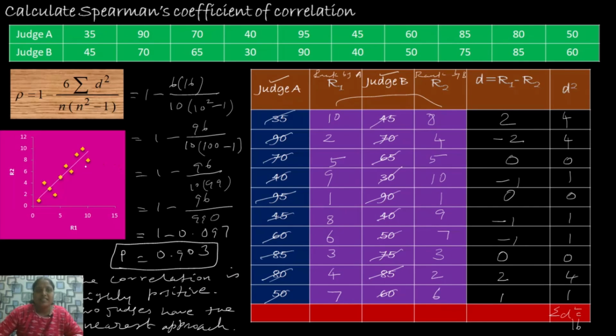Let me show you a scatter diagram of the two ranked variables R1 and R2. That's for your understanding purpose. Look at here. The direction of movement is upward, and also all the points cluster around a straight line, and some of the points have very small deviations from the line, which shows there exists a high positive correlation between the two variables.